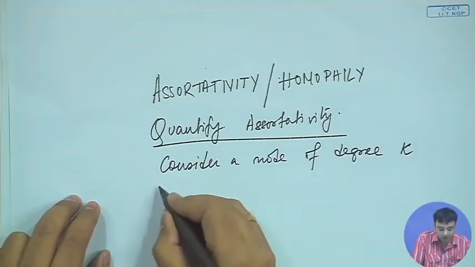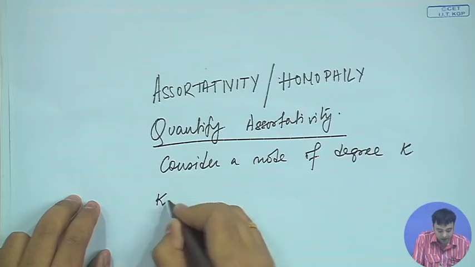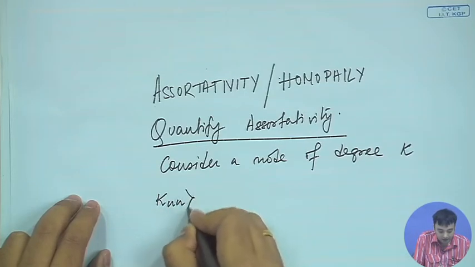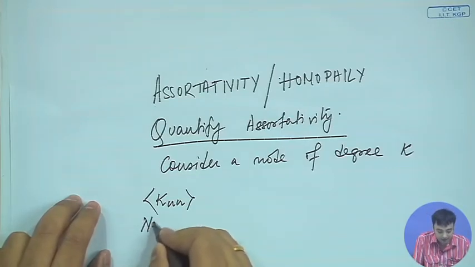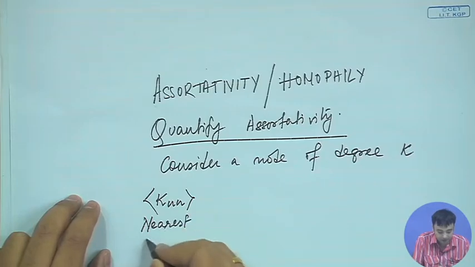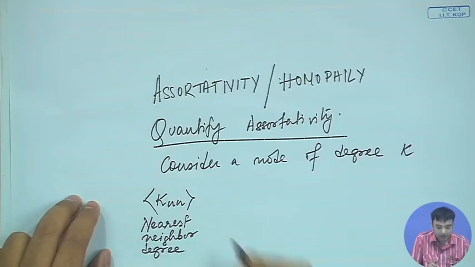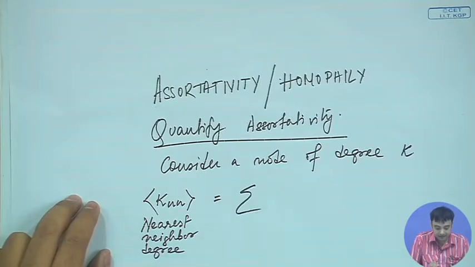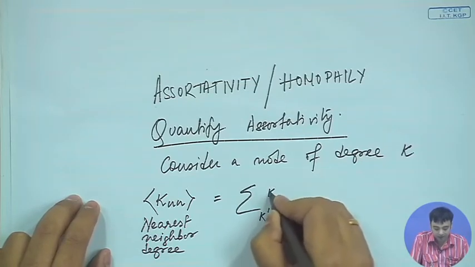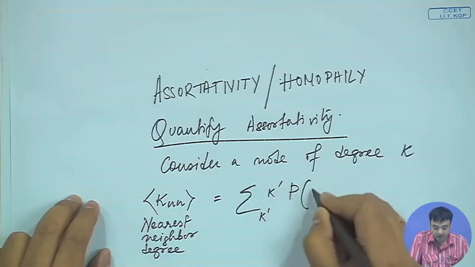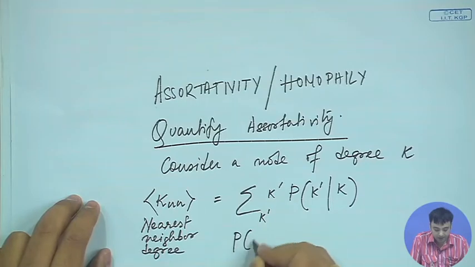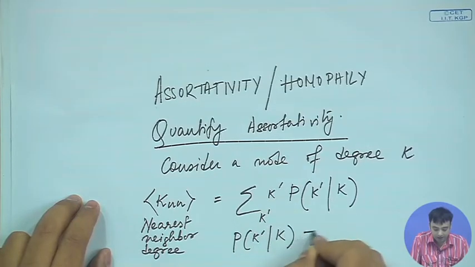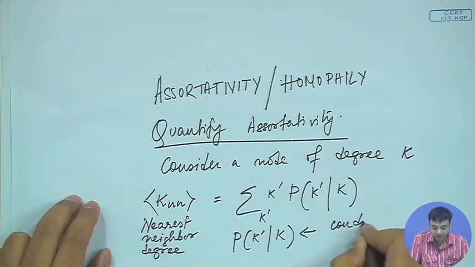Now, the associativity can be expressed by a factor called k_nn, that is nearest neighbor degree, and this is defined as the following: sum of k prime P(k prime given k),